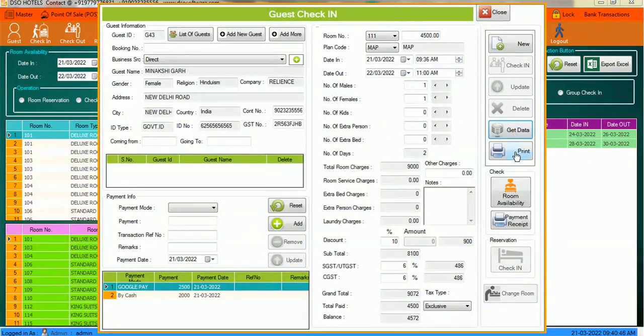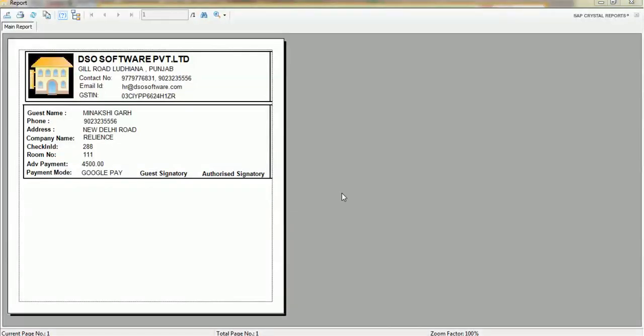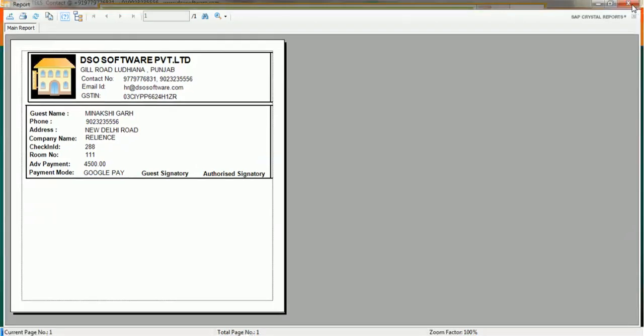You can also give the guest a printed payment receipt. If you want to give a payment receipt, just click here. This is the payment receipt which you provide to your guest after they pay the amount. It has the guest name, phone number, check-in ID, room number, and the details against which they have made the payment to your hotel.